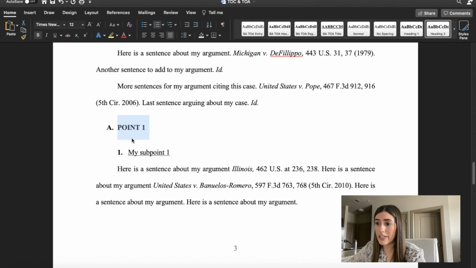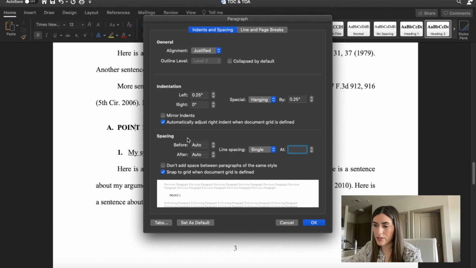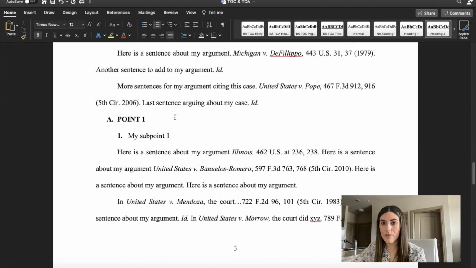As you can see here, it changed the spacing between my sub point 1 and the paragraph before. So all you do is go to line spacing options, and then here where it says before and after, it has it under auto, so you'll just click 0 on both and it goes back to normal. So that's how you fix the spacing issue, because I really struggled on figuring out how to do that. So there's that. But again, remember